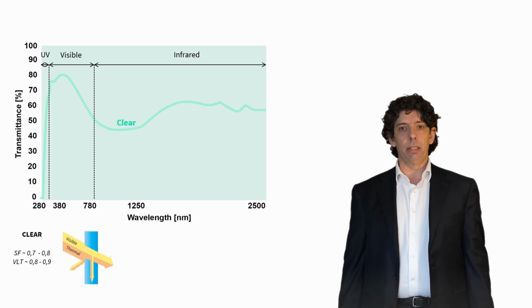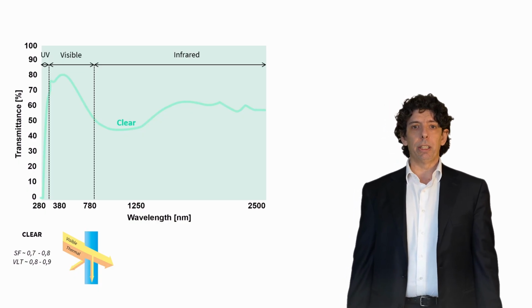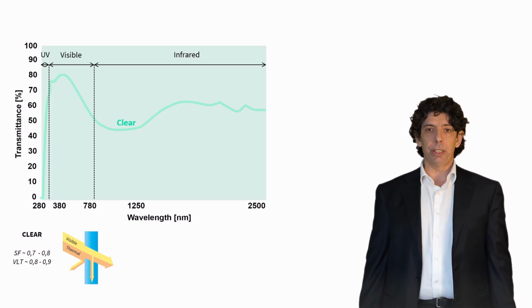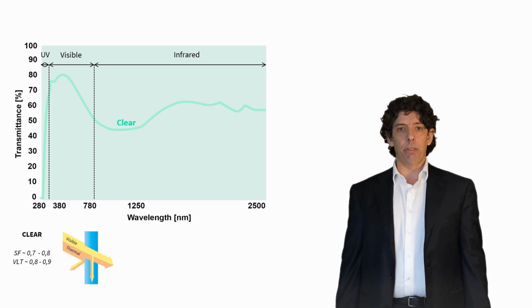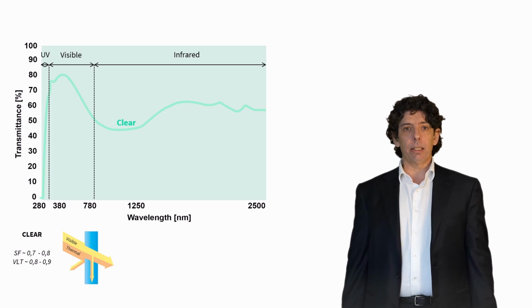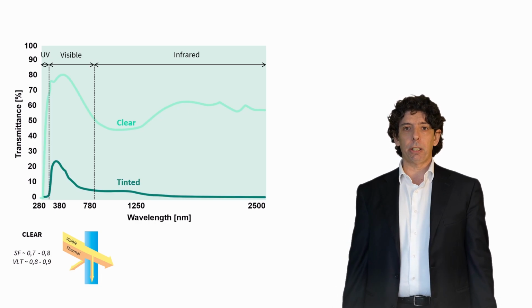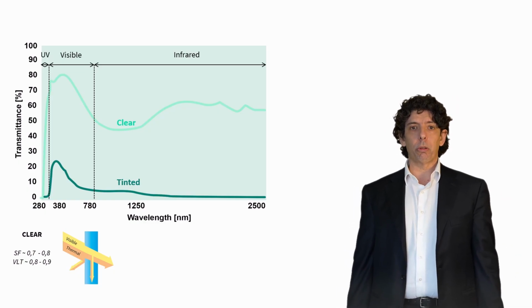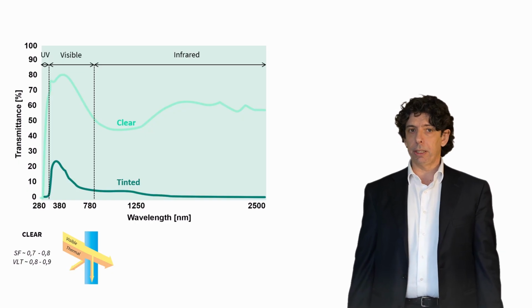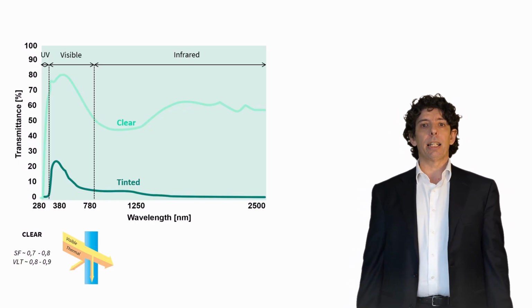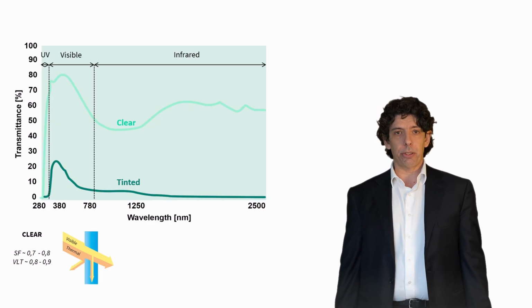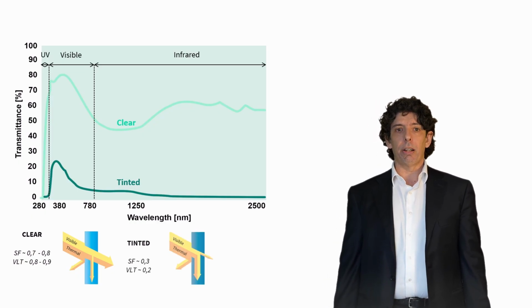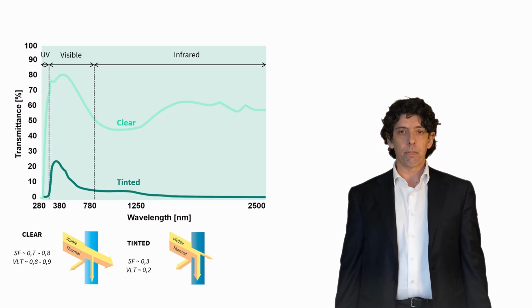Nevertheless, in many climates, during the summer season, the amount of incoming solar radiation should be controlled to avoid the room overheating, mainly in highly glazed envelopes. To that end, tinted glass can completely change the transmission spectrum, reducing the transmission at every wavelength, reaching lower solar factor but also lower visible light transmittances. The color of the tinted glass strongly affects the value of these parameters. For example, in these graphs are around 0.3 for the solar factor and 0.2 for the visible light transmittance.